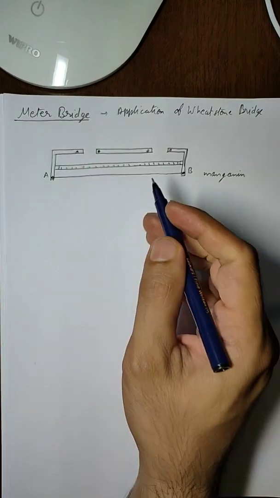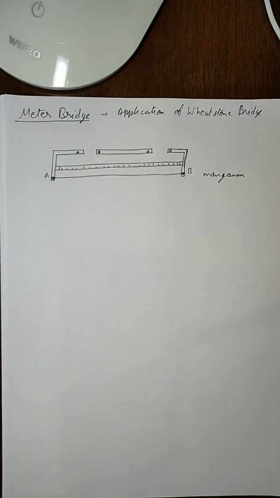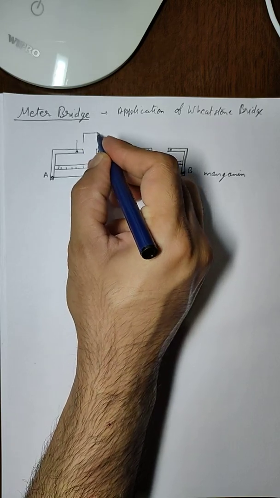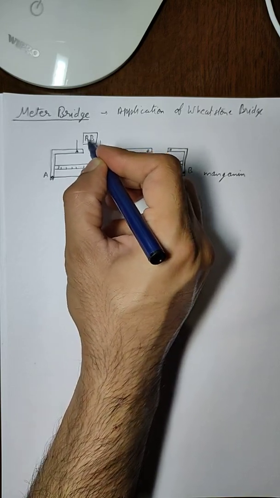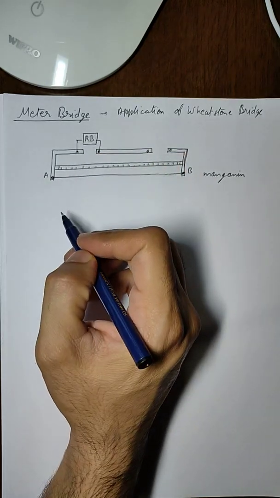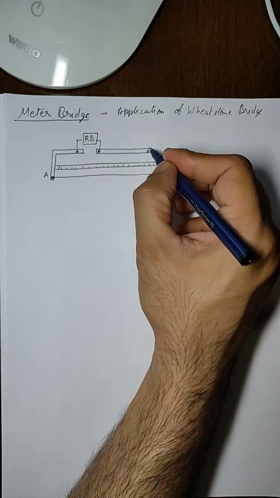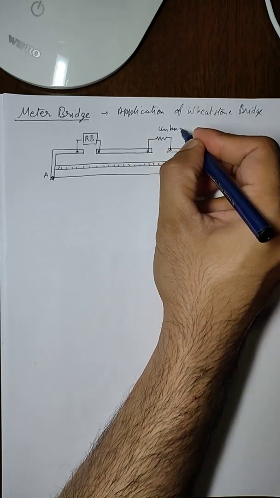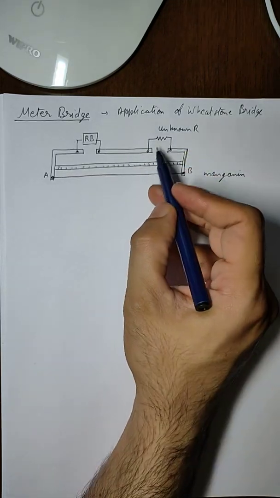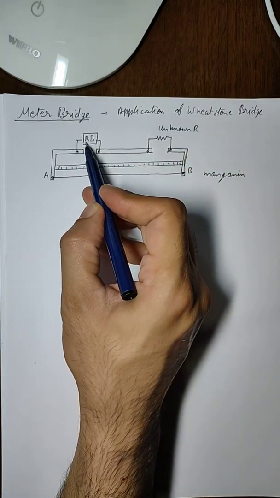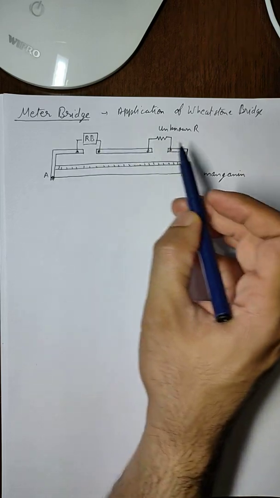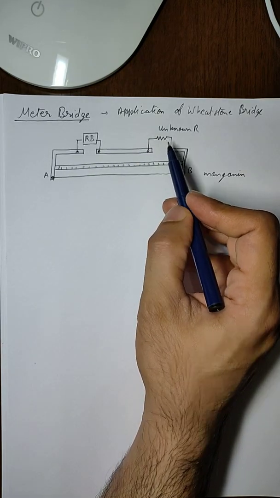Wheatstone bridge is found. Now generally this apparatus is used to find out the value of an unknown resistor. And how do we find out? We take a resistance box. There is a box which has many different values of resistance, and we connect it between these 2 points, and we take another resistance which is the unknown resistance, which is connected between these 2 points. The value of the resistance box is known to us. We fix the value of the resistance box according to us. The unknown resistance is what we have to find out.